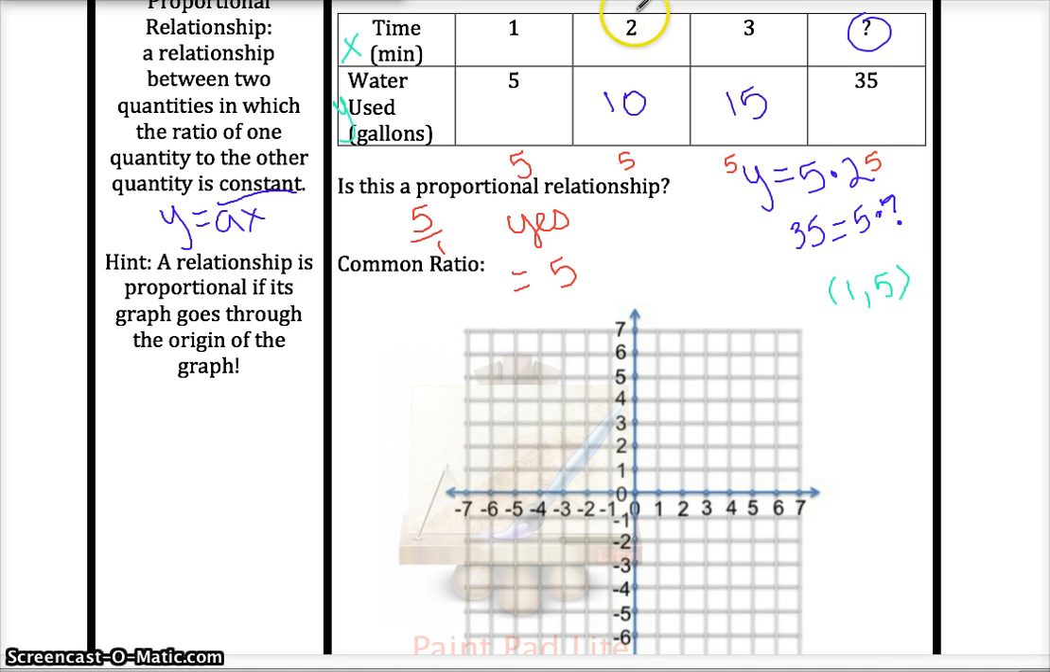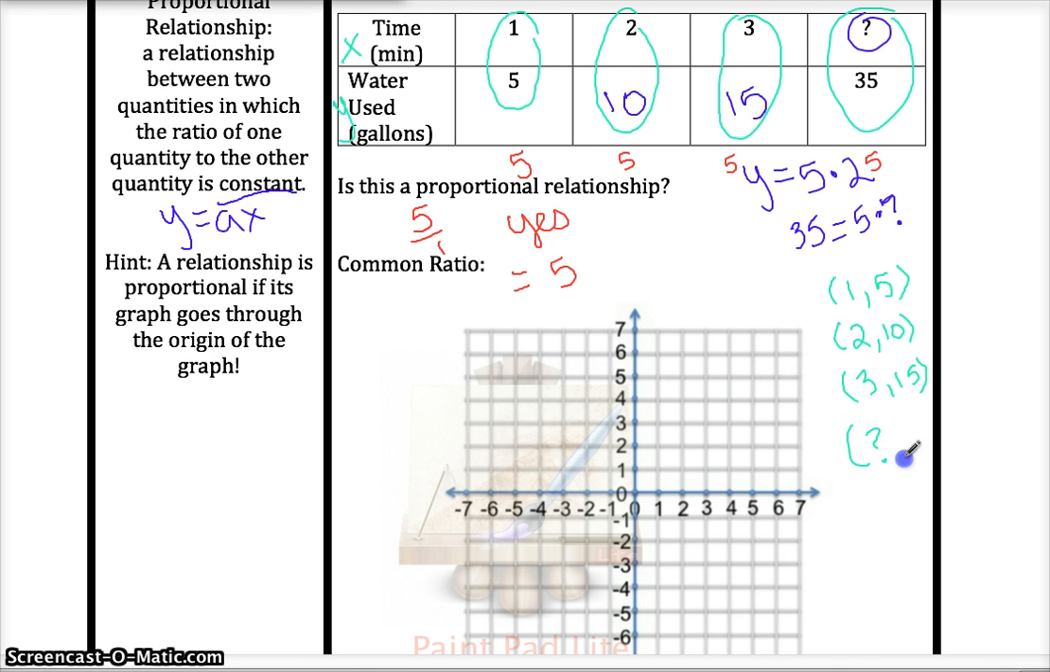And then our second coordinate here is 2, 10. Our third coordinate is 3, 15. And if you're confused, I'm just grabbing these coordinates from right here, 1, 5, 2, 10, and 3, 15. So your fourth coordinate would be that number that you found as the x, and then 35. So I'm going to write a question mark and 35, but you'll write the actual number that you found here. All right, so now we've got 1, 2, 3, 4 coordinates, and we can